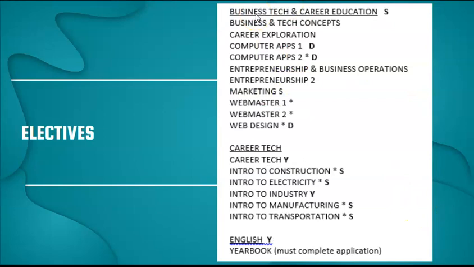Okay, now our Business, Tech, and Career Education Department. All of these classes listed are a semester. This class and this class here is dual credit. Here you will see the asterisk, so that's telling you that Computer Apps 1 is required before you can take Computer Apps 2. I want to mention that Business and Tech Concepts is a graduation requirement that you will need to take